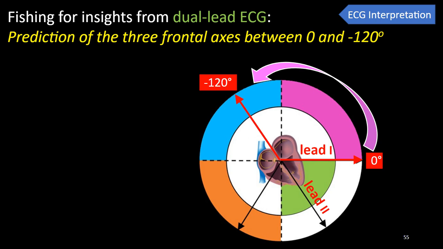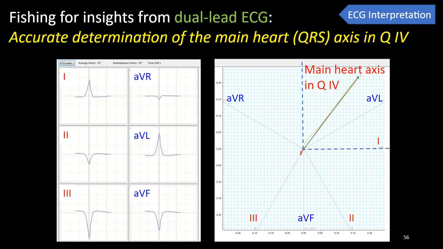Using Einthoven's triangle, we can precisely define the three frontal electrical heart axes by painstakingly calculating the vector sum of the two vector projections in leads 1 and 2 manually, or we can do this rapidly and automatically with LabChart software. Now, just as in humans, fish QRS is also the largest of the three ECG waveforms, therefore fish QRS axis also determines fish main heart axis.